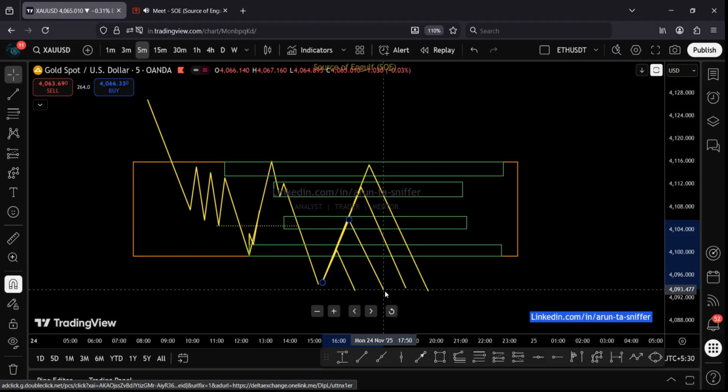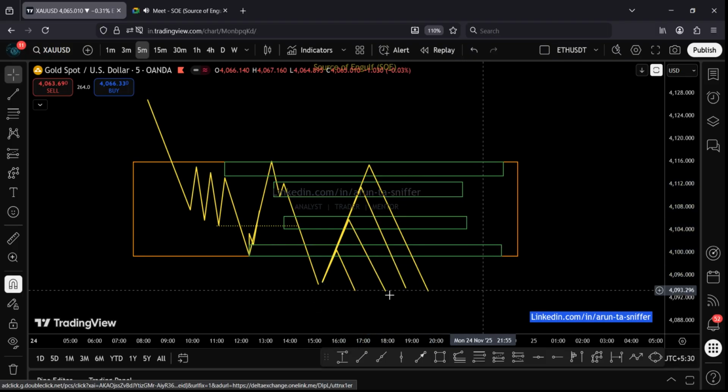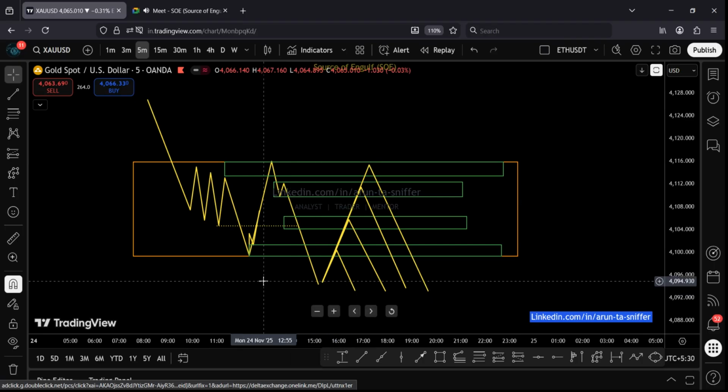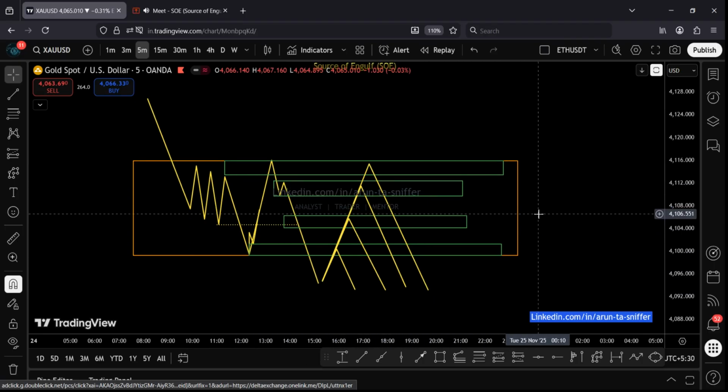There are many possibilities, but after engulfing, when price goes back to this TP,